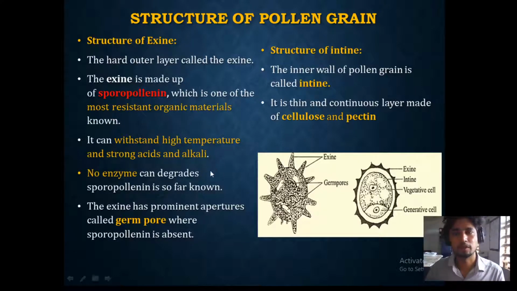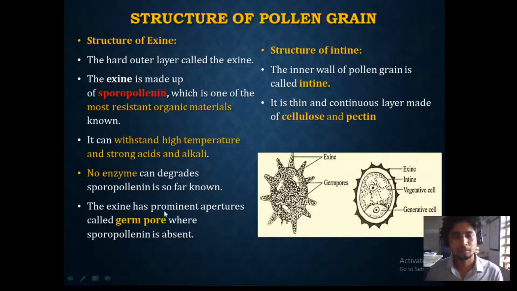That's why pollen grains from a long time ago, like 5,000 years ago or 10,000 years ago, still exist now, and they are also viable. When we say viable, it means that they can pollinate even now. So they are that active. This is only because they have a hard outer layer, sporopollenin, which gives them the strength to survive in all these extreme conditions.